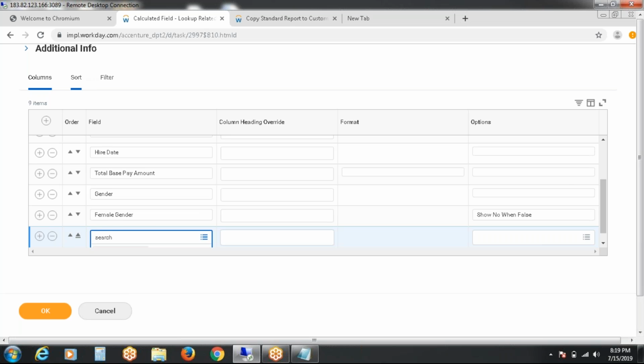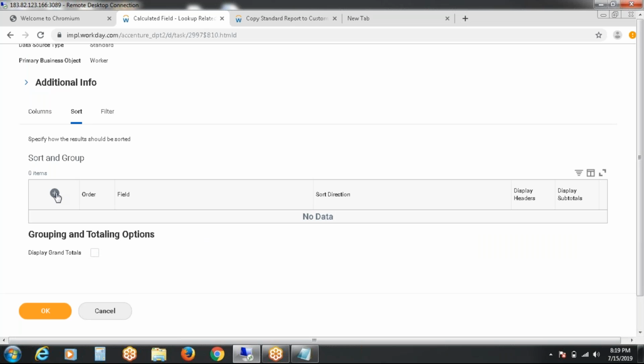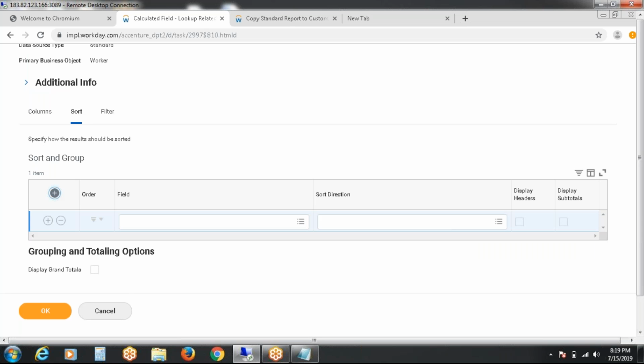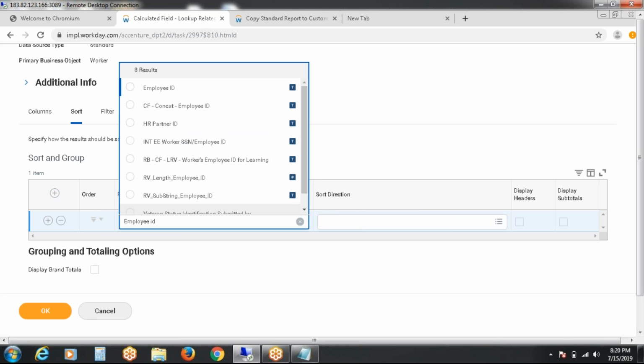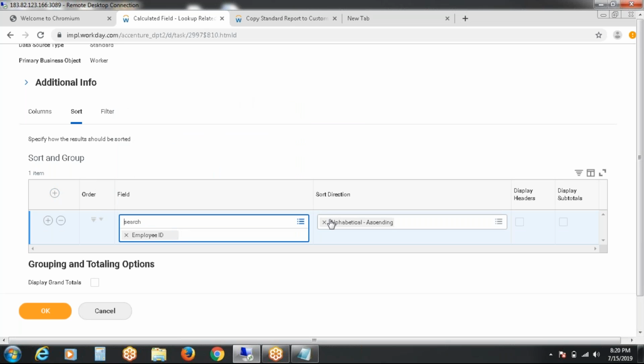Now go to sort. The sort is nothing but alphabetical order or ascending and descending order, whatever the field that you want. So you can sort the fields here. Say for example, I would like to see employee ID in ascending order. It is a text field actually, employee ID, because in a few organizations they will have alphanumeric, and a few organizations will have numeric based.